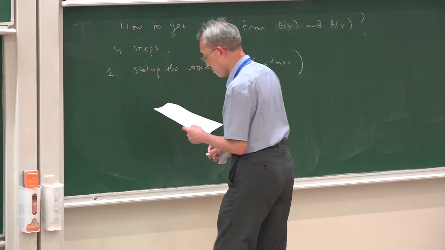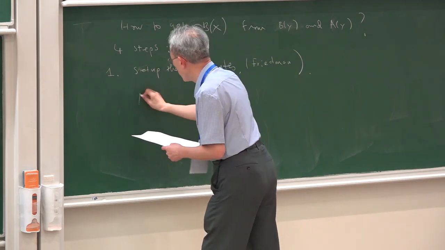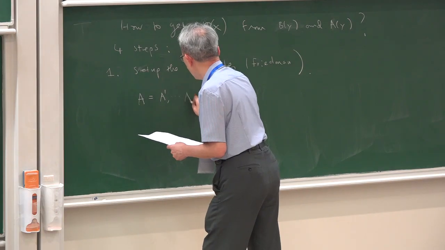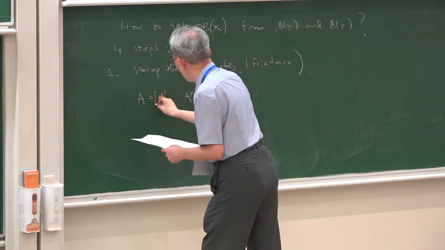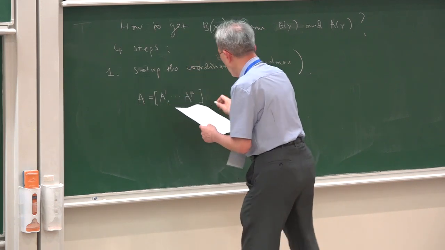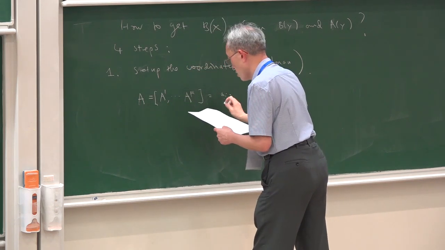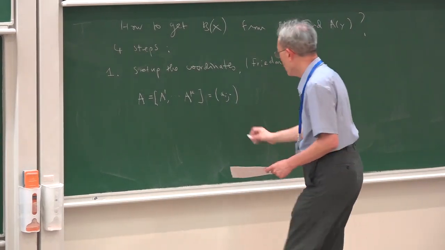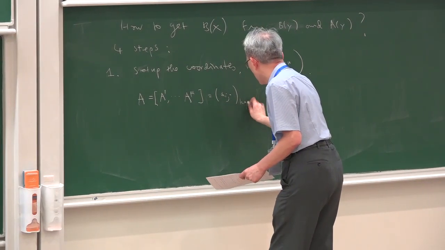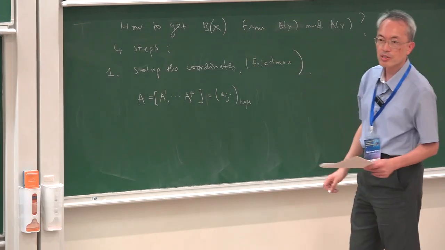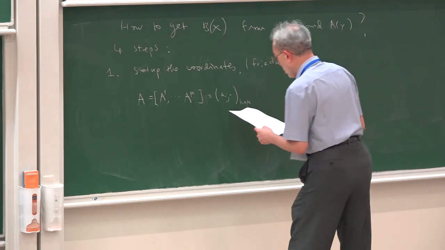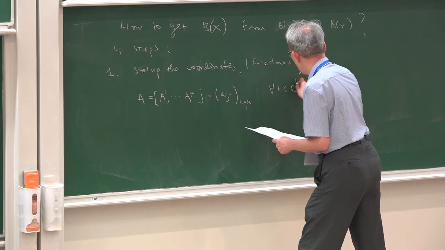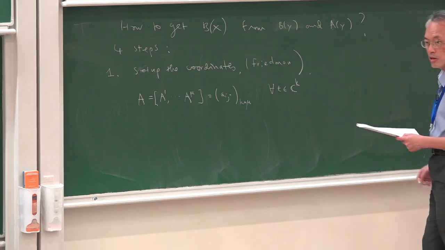In the following way, I have to write down the matrix A, which is A1 through A mu, or it's Aij, which is a K times mu matrix. And for any P in CK, for any